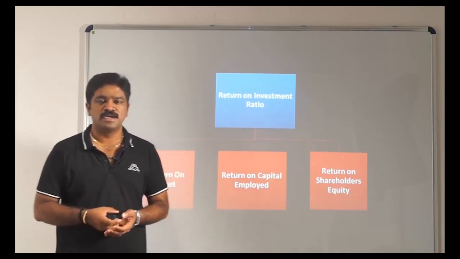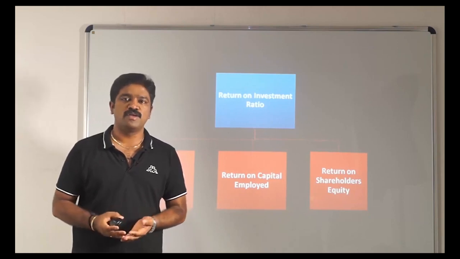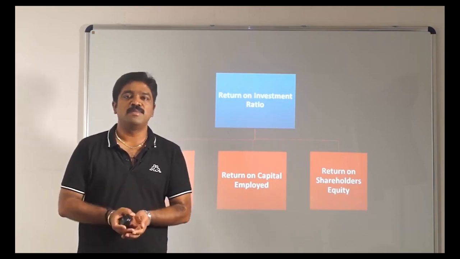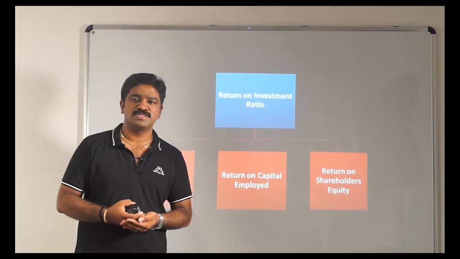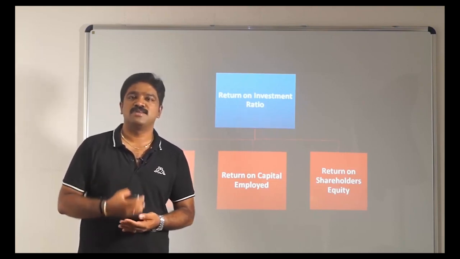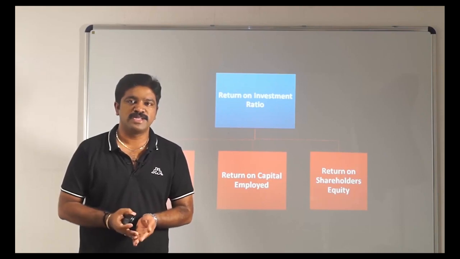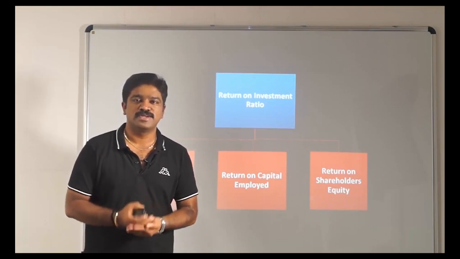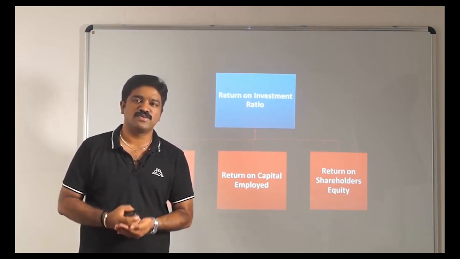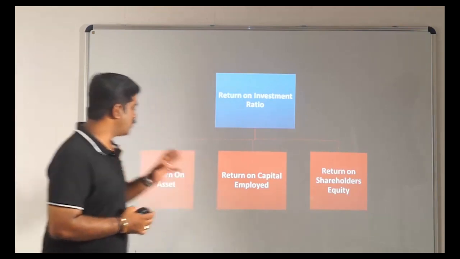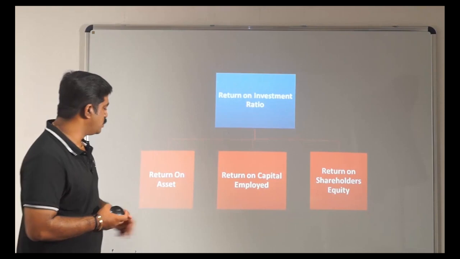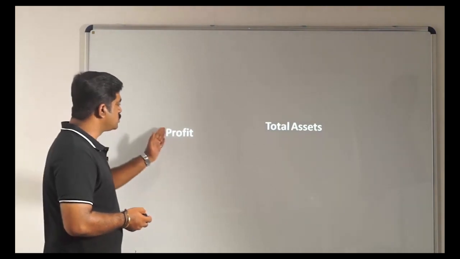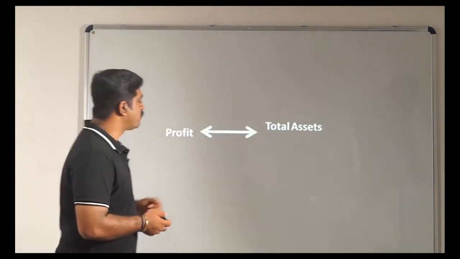Because it is possible that your business will make more profit on sales, but it may give less return on investments. So the ultimate focus should be to improve the return on investments, and accordingly the profit on sales should work. So whether the profit on sales is lesser or greater is not an issue, but whether the return on investment is matching the expectation of the investors is an issue. Okay, so that's what we are going to understand from these 3 set of ratios. The first one is return on asset. Let's focus on that. In return on asset, what we do is we will compare the profits with total assets.